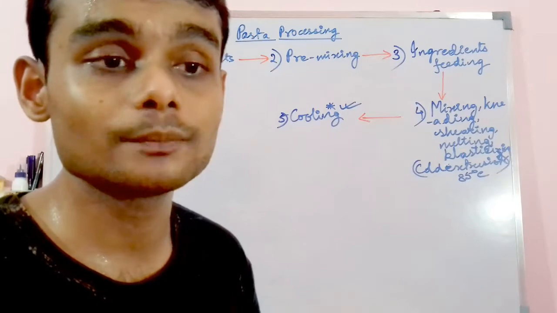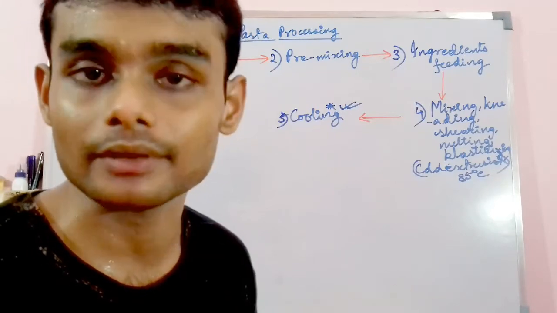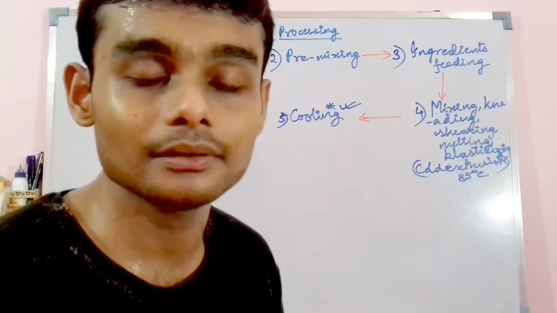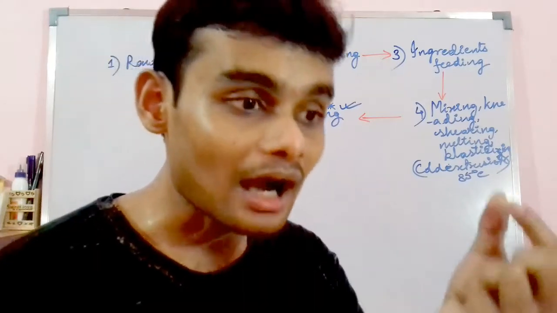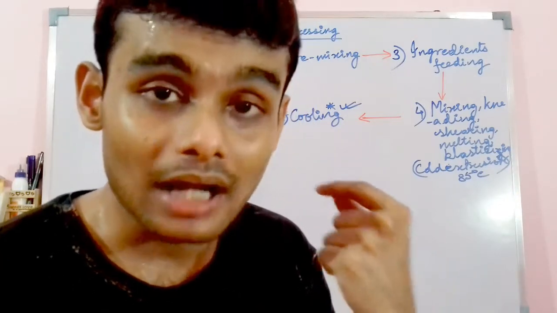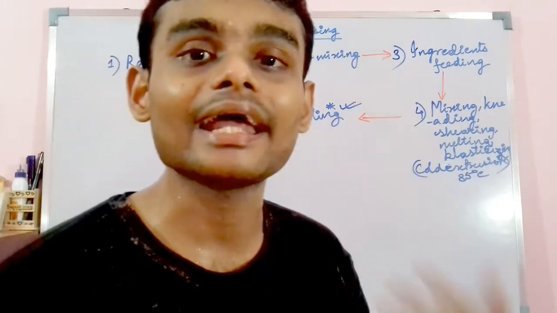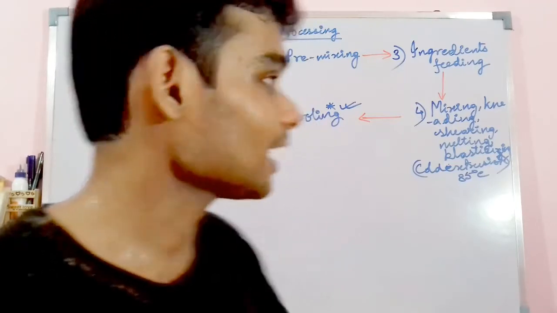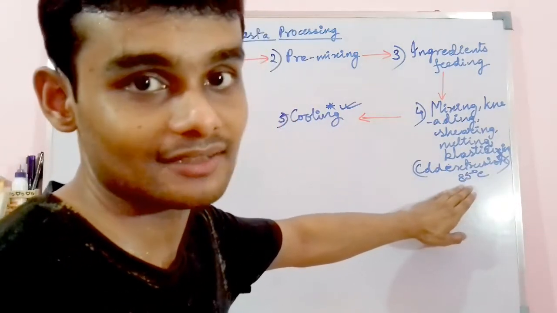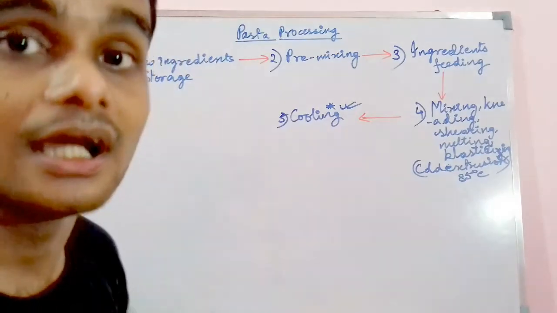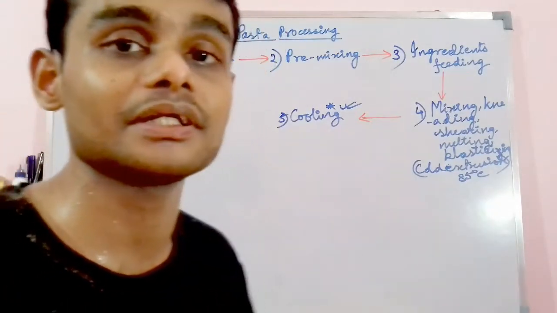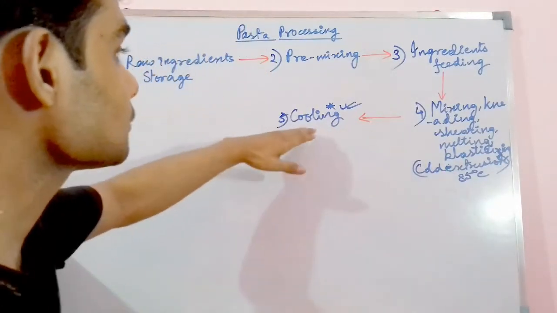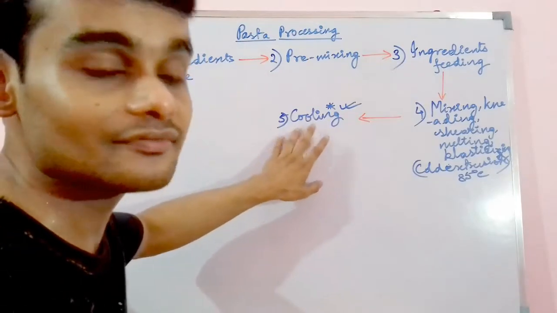In that case, the product would be a faulty product. It would not be able to achieve that hard, high elastic consistency at the end. So that's why the basic temperature is 85 degrees Celsius. Now in the course of processing, the temperature might rise above 100 degrees Celsius. So after the extrusion is done, cooling is very much necessary.